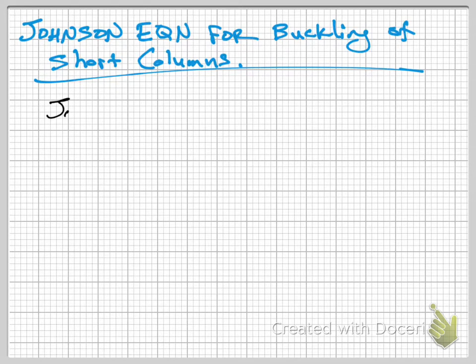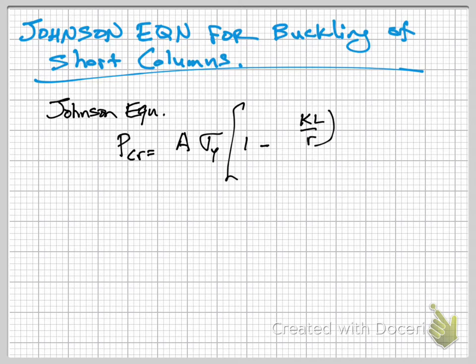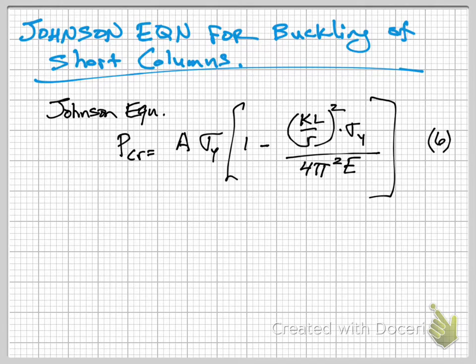The Johnson equation is going to define P critical to be the area of the section times sigma y times the quantity 1 minus KL over R quantity squared times sigma y over 4 pi squared E. This is our equation number 6. We're going to refer to this as the Johnson equation for short columns,